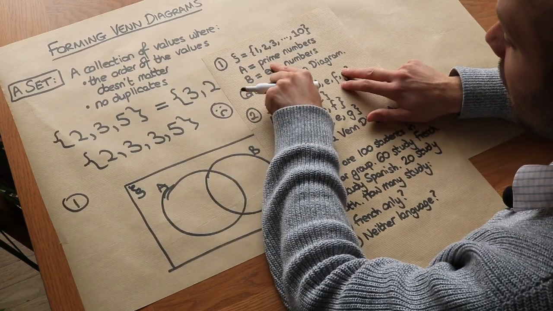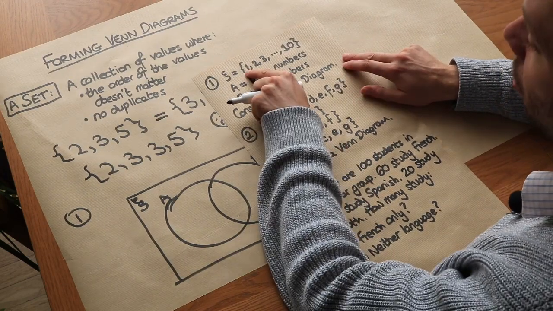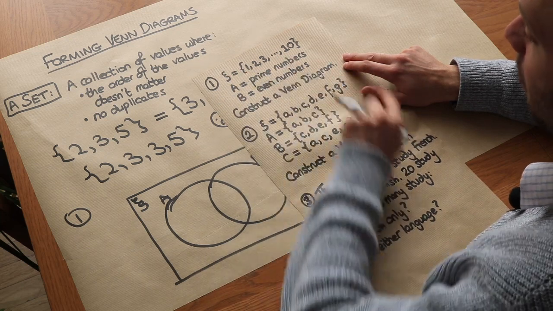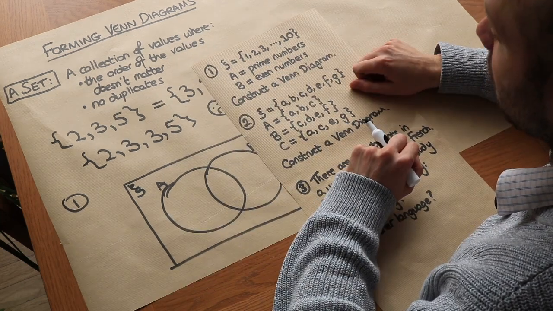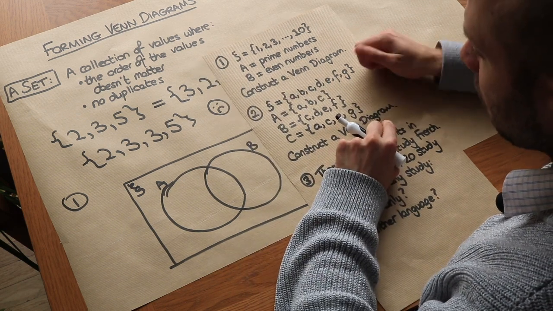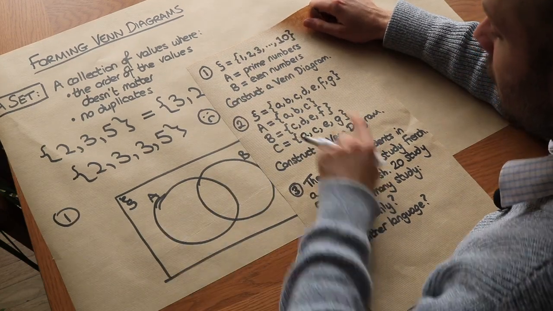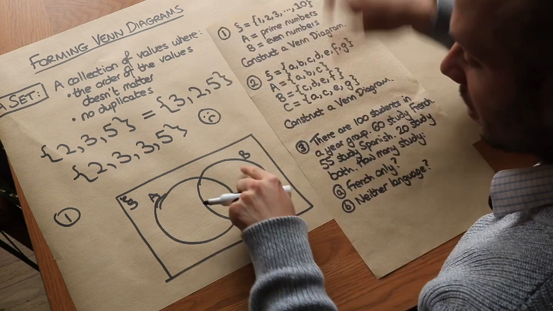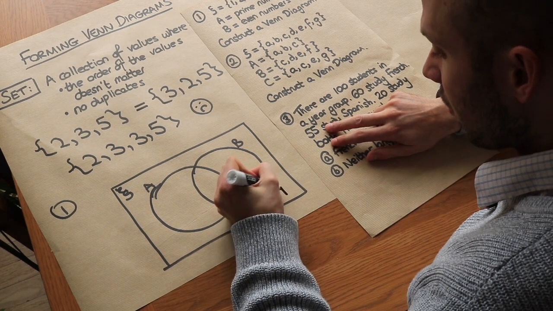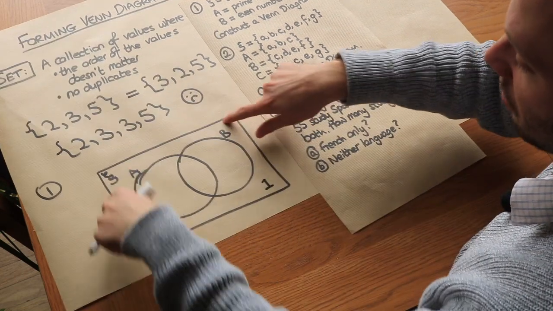So we need to construct a Venn diagram. Now A is the set of all prime numbers and B is the set of all even numbers, and we've got to consider all of the numbers 1 to 10 because that special set is all the numbers we're interested in. So let's consider each number from 1 to 10 one at a time. What about the number 1? Where does 1 appear? Well, is it a prime number? No, so it doesn't appear in the A circle. Is it an even number? No, it's not, so it doesn't appear in the B circle. It's not in the set B either. So it's therefore going to go outside. It's going to go in the rectangle because the rectangle has all the numbers we're interested in, but it's in